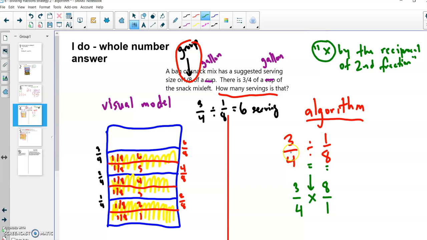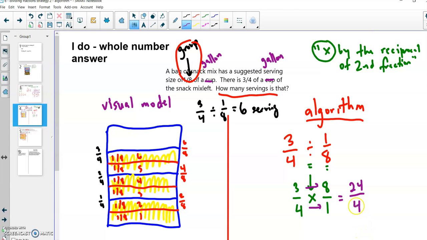Why that's nice to do is multiplying fractions, as you remember, that is like the easiest possible algorithm to do. 3/4 times 1/8, all I have to do is multiply my numerators and multiply my denominators. Multiplying fractions is very easy, and it's nice to turn it into that. So 3/4 divided by 1/8 is the same as 3/4 times 8 wholes, which is 24/4,